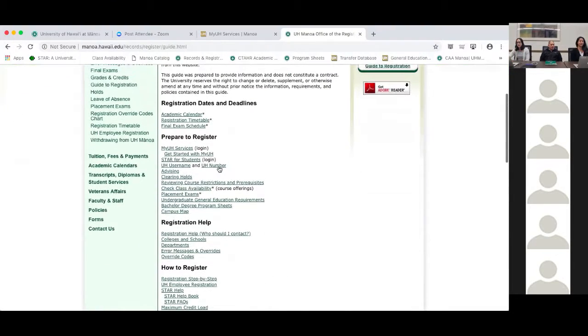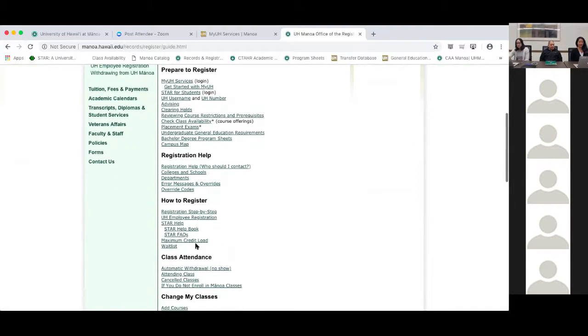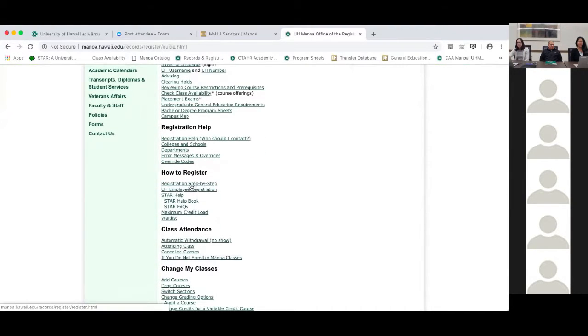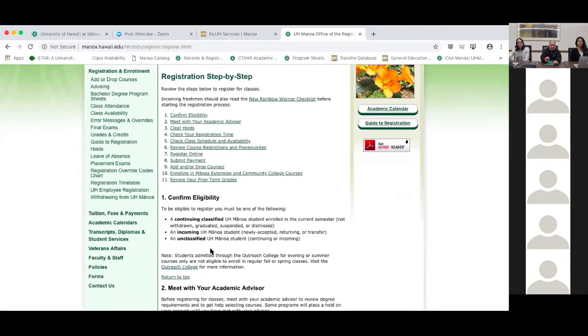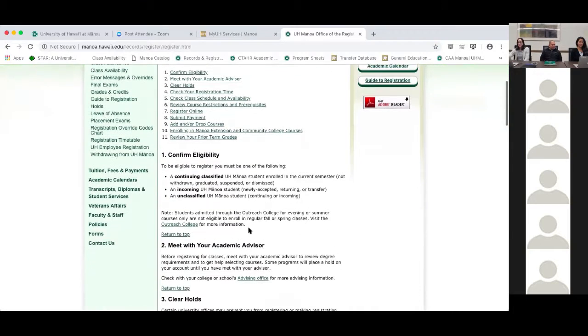So we have it here. So, getting started. For registration, let's see, registration step-by-step, how to register. So here we go, our registration step-by-step. A lot of the things that Martin covered are referenced in their first paragraph there. Incoming freshmen should also read the new Rainbow Warrior checklist, where it has a lot of details about